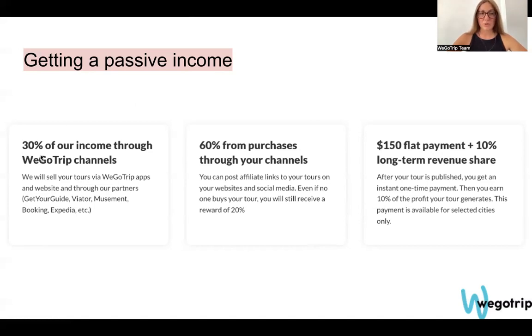It can be from 30 to 60% from any purchase and our income from the tour. Also, as I mentioned earlier, there is a chance for you to sell the tour to us and get a one-time payment and then a percentage for long-term revenue.